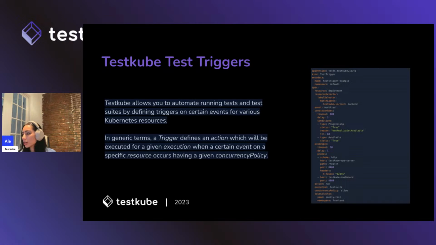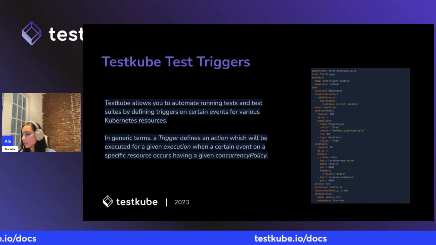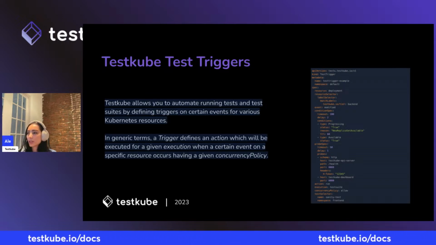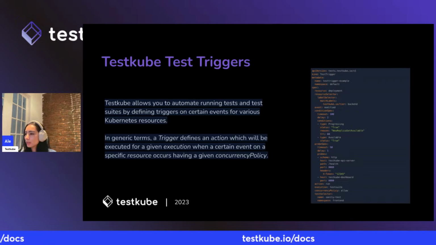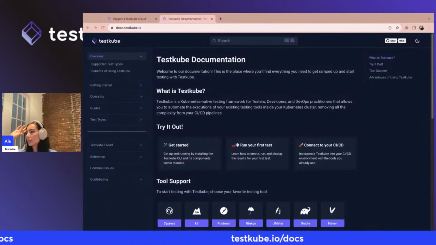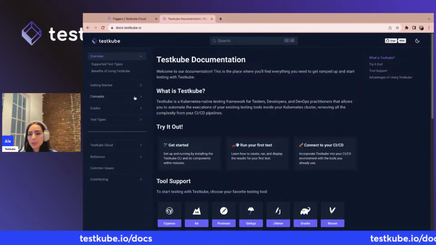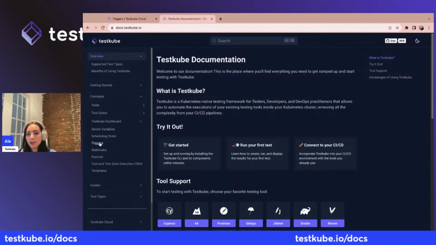So I'm going to share the documentation with you guys where you can check everything. You can reach it through there. And at the same time, I'm going to share my screen where we're going to take a look at the documentation. Okay, there you go. So here's Testkube's documentation where you can navigate to concepts and then find all the